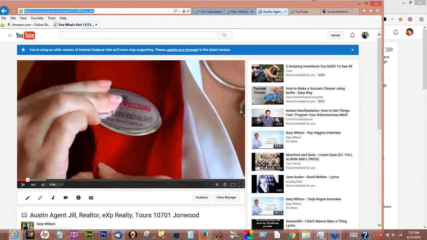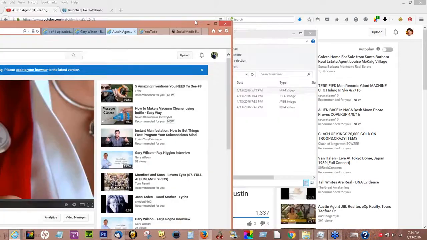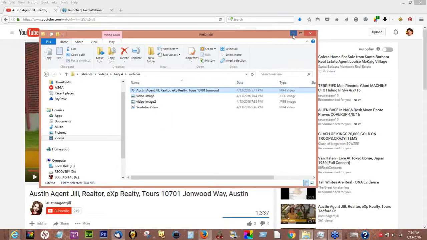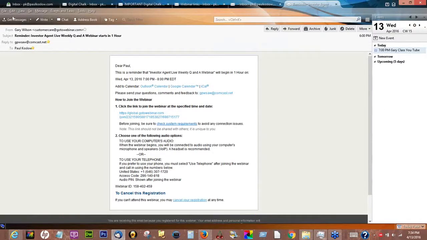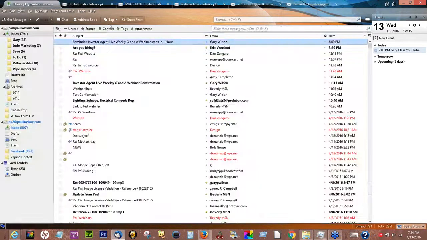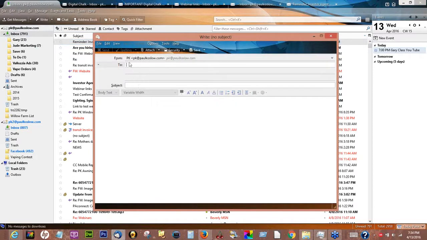I'm going to copy this address here now while I have it. I'm going to minimize this one here. Now, I'm going to show you this via my mail program. Go back over to inbox. But if you're using Hotmail, Gmail, it's kind of all the same process. So I'm going to go to Write, and whoever you're going to send this out to, whether it's a group of people or a single individual, obviously your subject. Now we're going to put